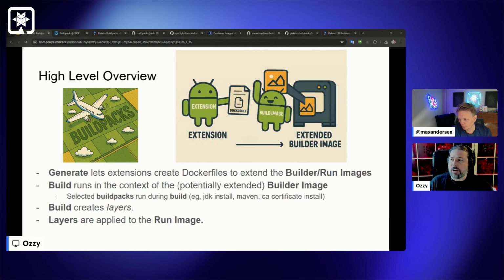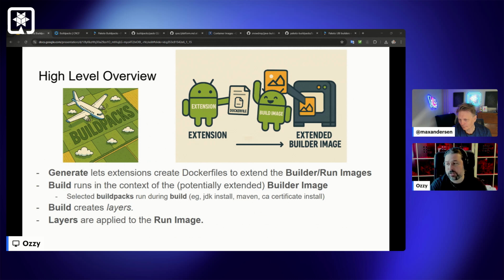Yeah, here we go. So we got generate step is able then to create Docker files. So why do we need these? Well, buildpacks has this very strict rule from day one that a build pack should not be able to modify a system image. And under that, build packs do not run as root. They don't have root access, and they should not attempt to obtain root access through backdoor methods, which would be trivial, but slightly breaks the spirit. So we started working with the CNCF build pack specification back in late 2020,